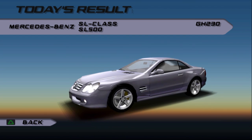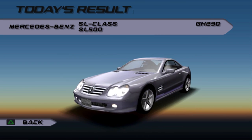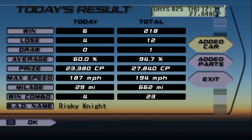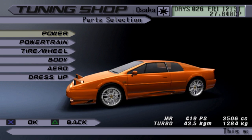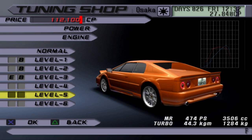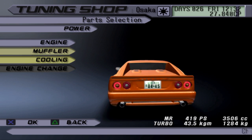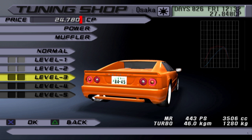These were risky in the night. We got a Mercedes unlocked too. Definitely not as random as the Lotus is. So let's hit the tuning shop here one last time. See what other upgrades we got. Still not even close to the engine upgrades because boy howdy, they be expensive. But we can get the muffler, which is good for